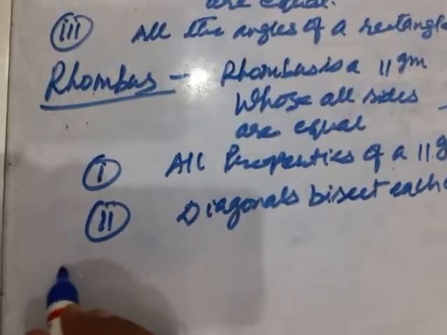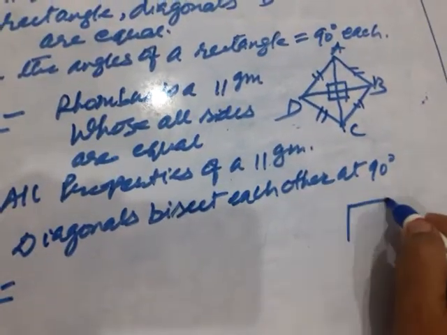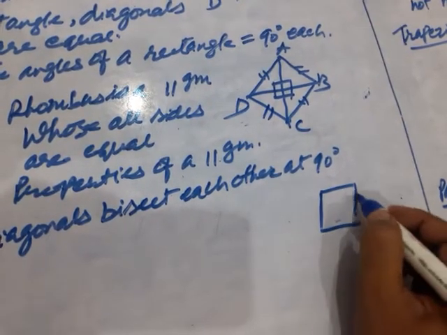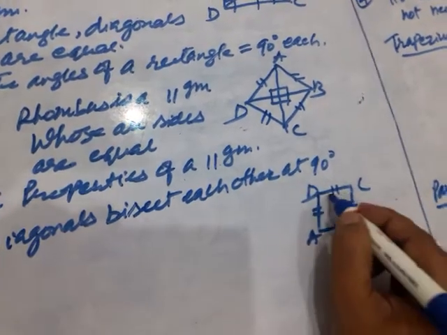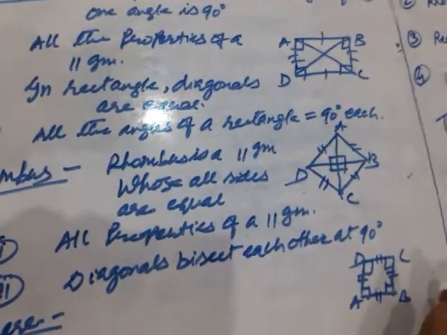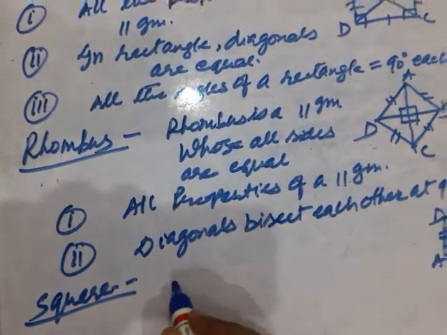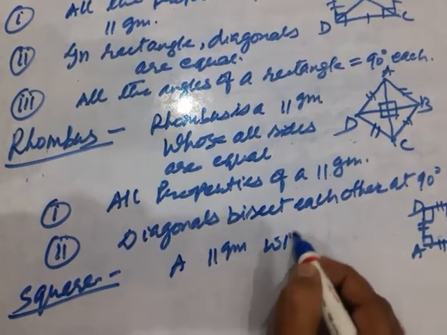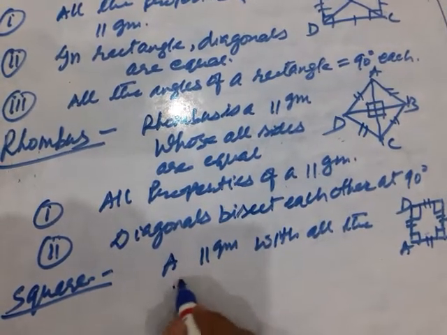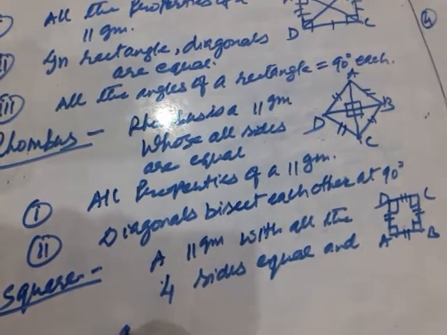So let us write down about the square. What is a square, children? It holds all the properties of a parallelogram, and you can say a rhombus also. Clear? Here all the four sides are equal, ABCD. All the four angles are right angles in this case, but in a rhombus it is not necessary. It is a parallelogram with all the four sides equal, and all the four angles